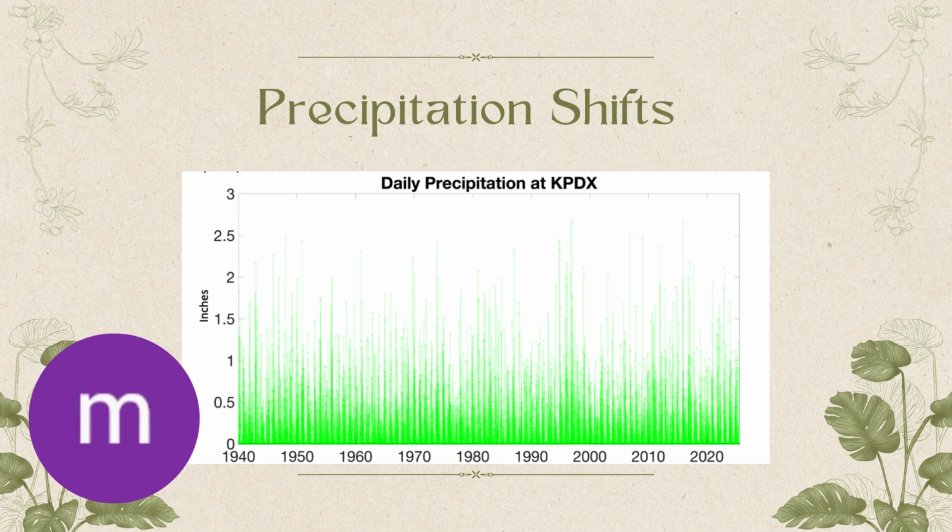Nowadays, we are seeing more droughts and heavy rainfall compared to the past, where rain patterns may have been more consistent. Similar to temperature, plants are used to a specific precipitation pattern. So when there are long periods of more or less precipitation, it throws off their germination and life cycle.